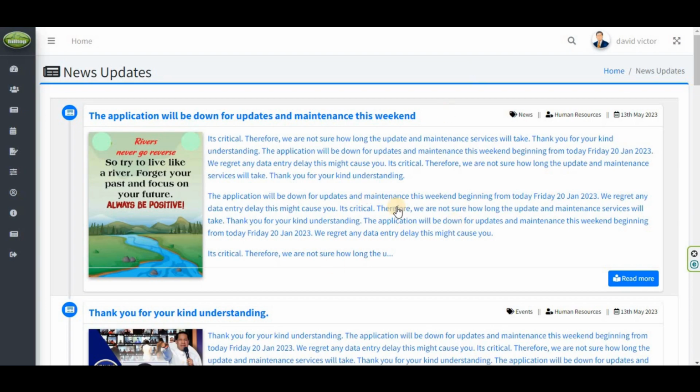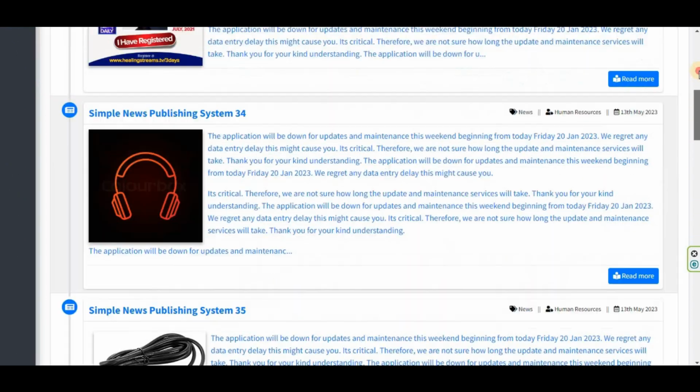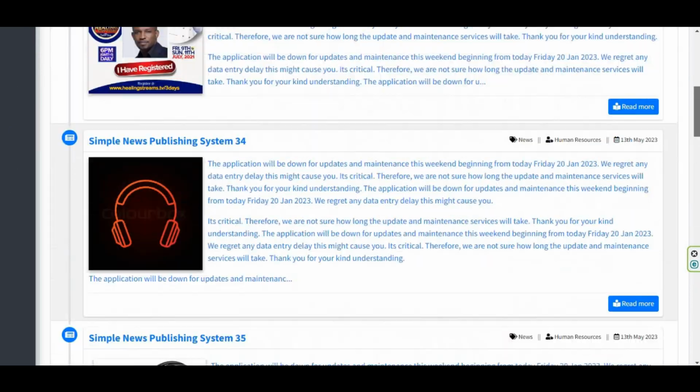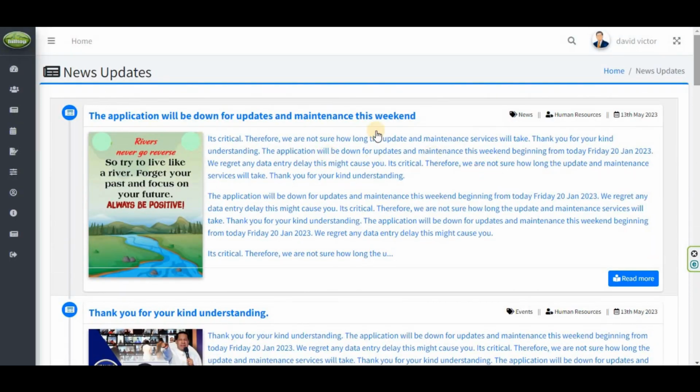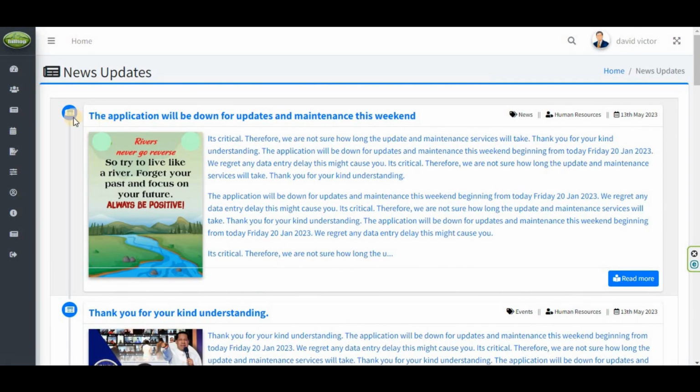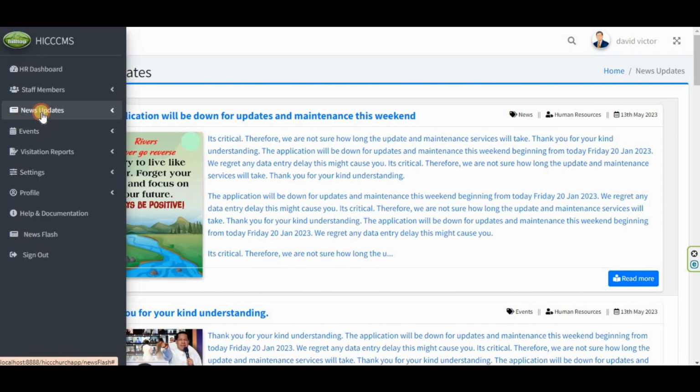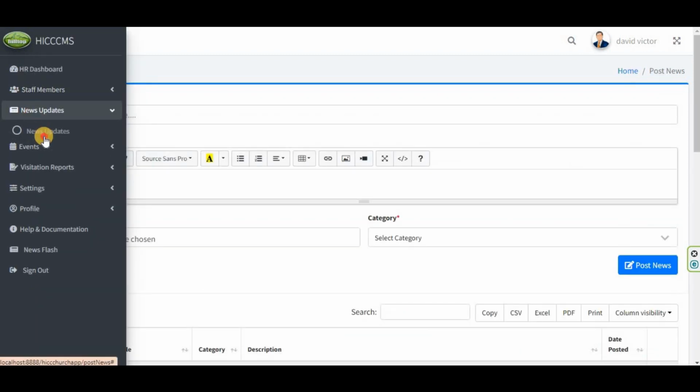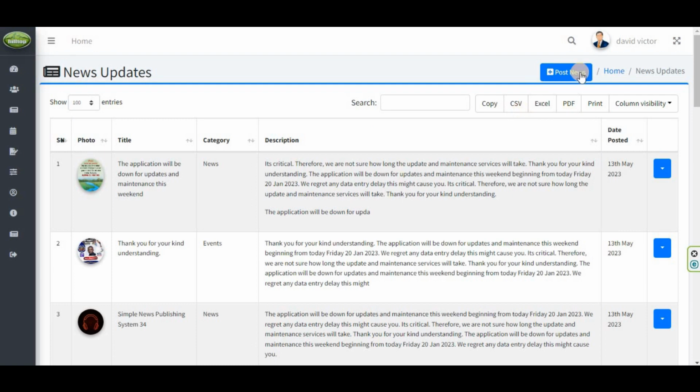Right? Now, this shows the current news. If you scroll down, it shows the current news. Now, to read more, you click on read more, or you click on this button here, right? It opens the news and read more. They go back. Now, to post a new news, you click on post news, or you come here,